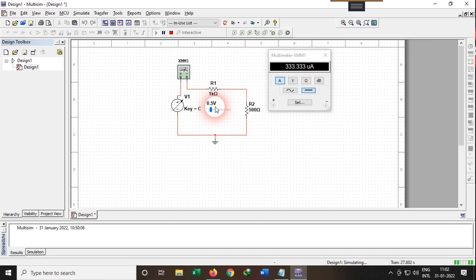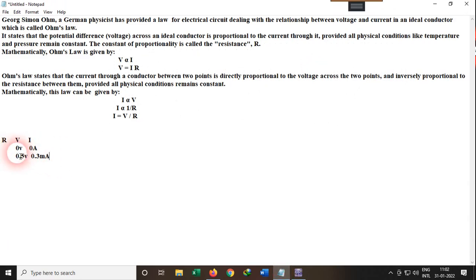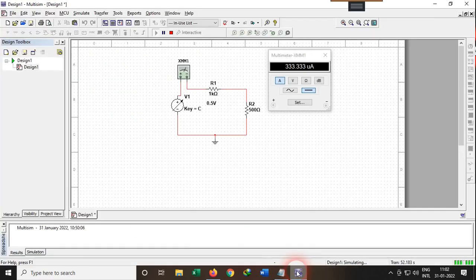As we already know, ranging from 0 to 10 volt, 5% would be 0.5 volt. So it is increasing by 0.5 volt. At 0.5 volt, just see here the value of current is 0.3 milliampere or 333 microampere. This I have already noted down here in the notepad.